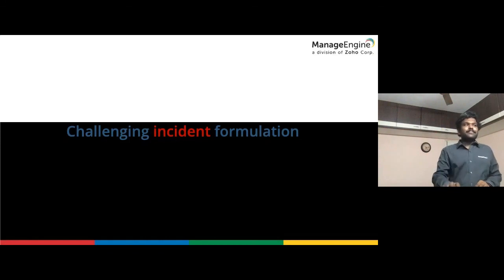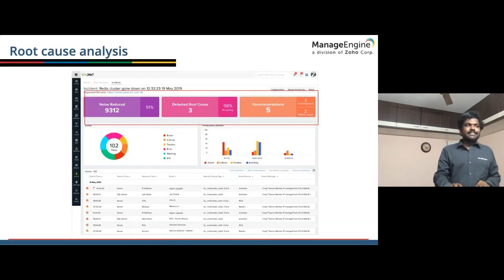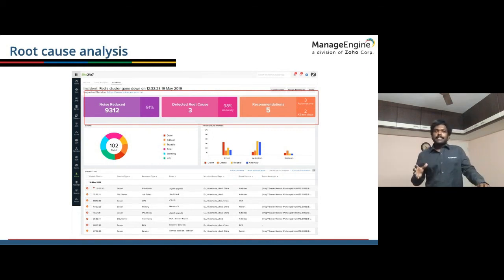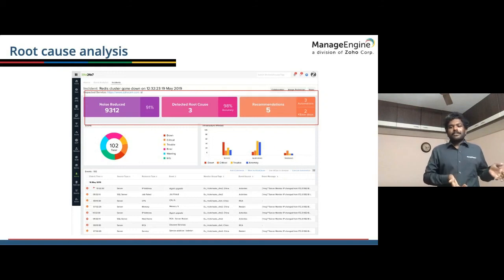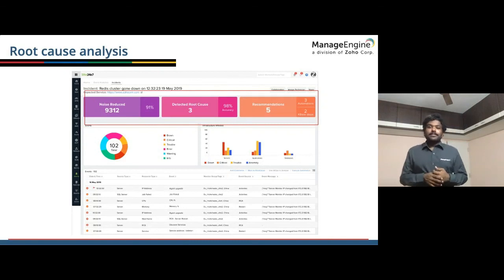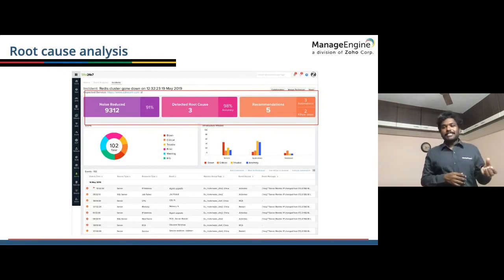Now, if you see here, we also give a confidence rate that there is a 98% accuracy of the detected root cause. Your confidence increases when you have seen similar instances in the past. For example, I have seen almost every week it happens where our web server CPU increases and our response time also increases. But now there can be a case where the caching system's free space has gone down, but that is something I have never seen. But the caching system's memory going down is an alert. That is going to be the root cause. It is still a troublesome event that has caused your website's outage.